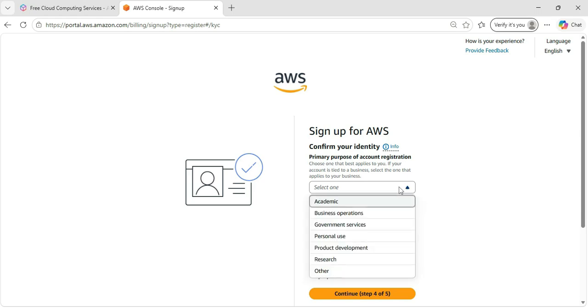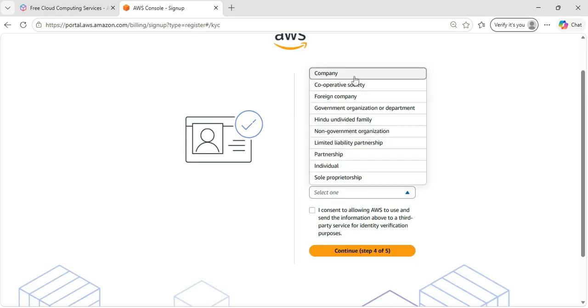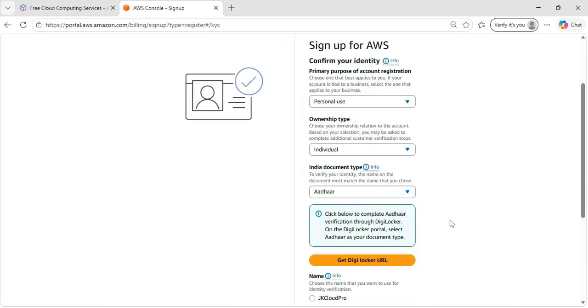So here we can select the purpose why we are creating this account. You can give some reasons. Okay, so maybe personal use and ownership type, individual. Aadhaar card. So okay, here again, because I already gave the region or the address, which is from India,